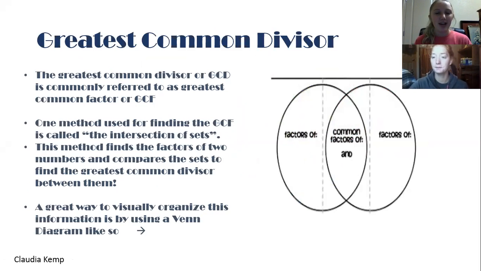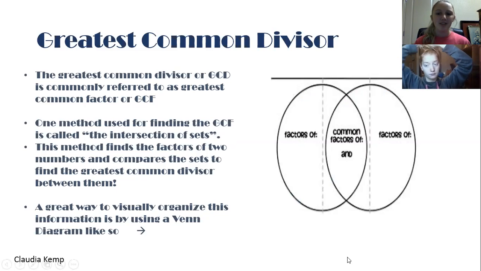The greatest common divisor, or GCD, is most commonly referred to as the greatest common factor, or GCF. You may be more familiar with this term than common divisor. One method used for finding the GCF is called the intersection of sets. This method finds the factors of two different numbers and compares the sets of these factors to find the greatest common divisor between them. A great way to visualize or visually organize this information is by using a Venn diagram